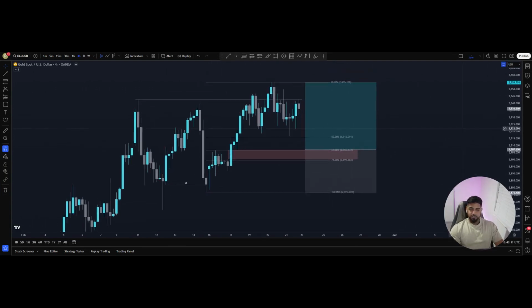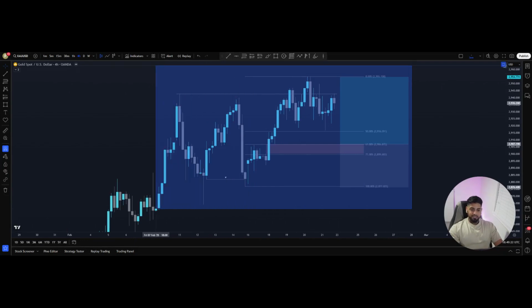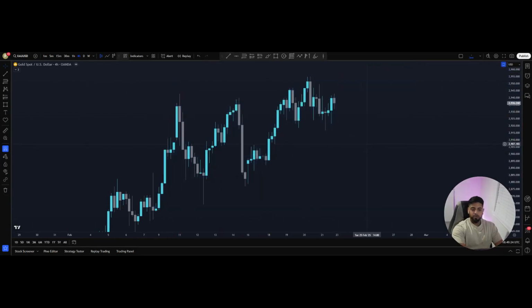So if you guys want to learn this strategy in more detail, it is inside of the course. It's all the way down in the trading strategy section, so go and check that out. But that pretty much wraps up gold. So this is what I'm going to be taking over the next week, or this limit is what I'm going